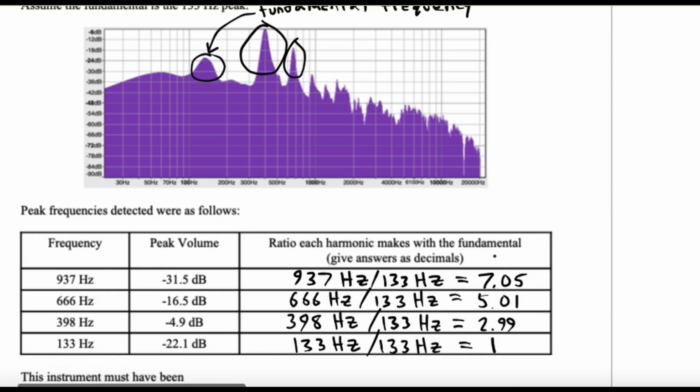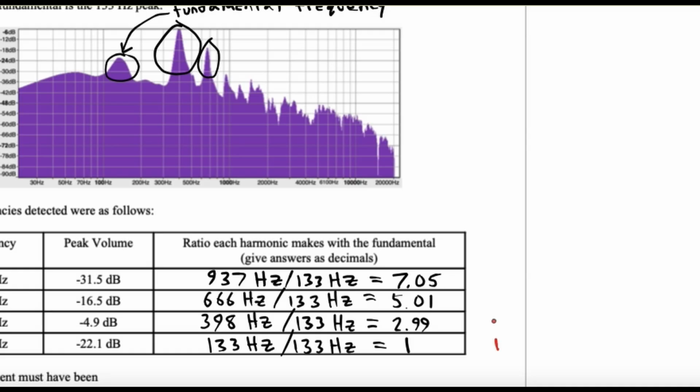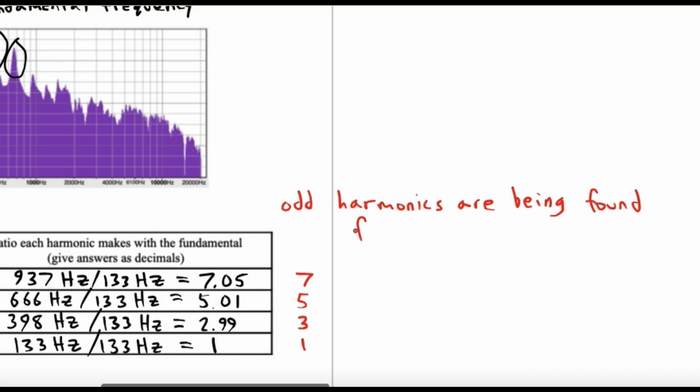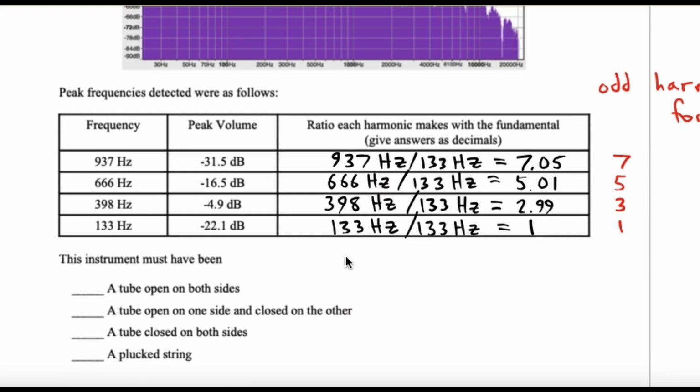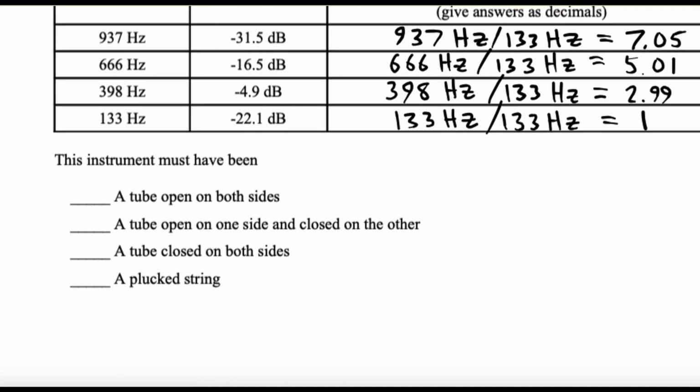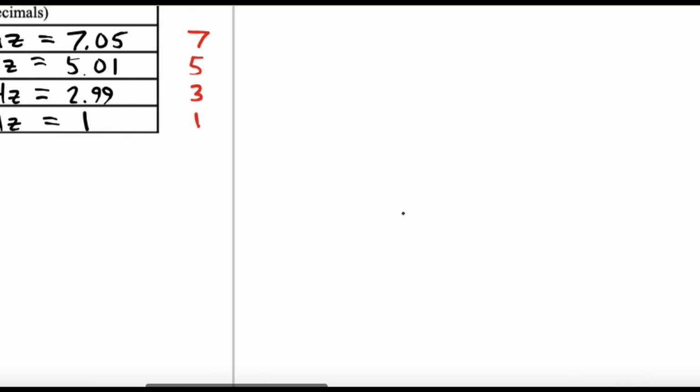We're looking at the odds being present. 1, 3, 5, and 7, odd harmonics, they're called. So there's only a certain type of instrument that would make odd harmonics. What type of instrument is it that makes odd harmonics? Yes, exactly. Right, so with a tube open on both sides,